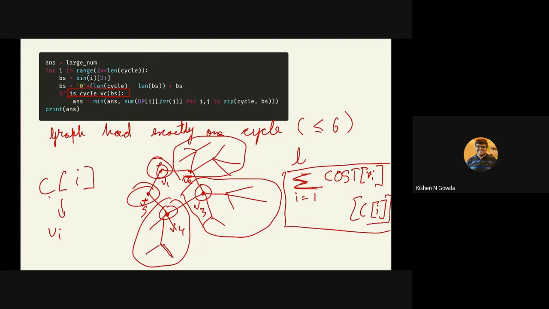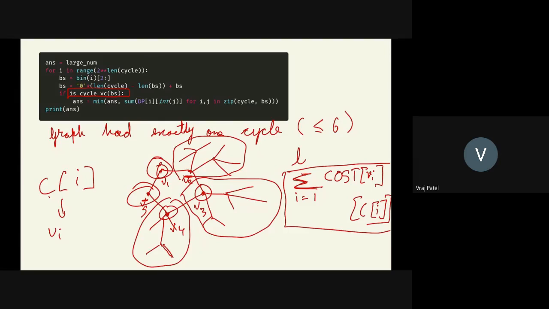Let us say you pick one of the vertices of the cycle and you choose that it is in the vertex cover. Then you safely delete it, and you know that the remaining thing is a tree. So you can solve this with DP also. And the other case would be that you just delete all of its neighbors and then solve the problem on that tree. Yeah, that would actually work. That is another way of doing it.